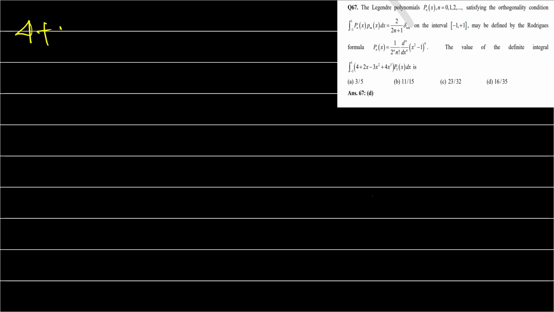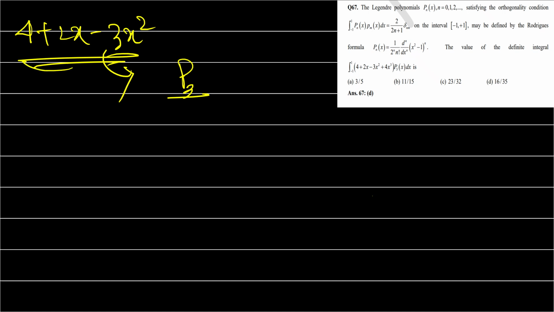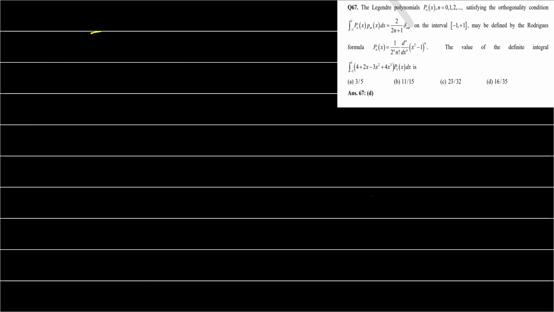4 plus 2x minus 3x square. This will not give any value in terms of P3, but we only need the value in terms of P3 for the definite integral, and the other terms like P2, P0, P1 will give the integration as 0. Hence there is no need to find this, as it will not give the value of P3. Hence just use 4x cube,